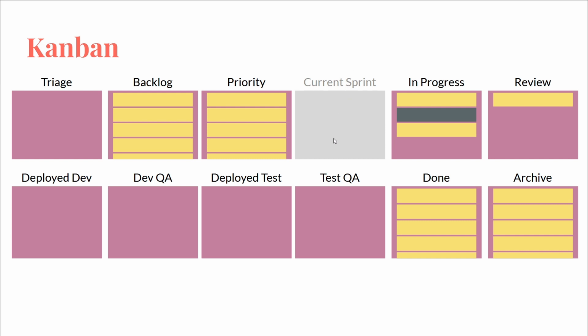The difference is you don't really have a current sprint. You have a priority, and your backlog may be the same thing, and just everything that's in priority is at the very top of the backlog. And then you have your stuff that's in progress, and you pull whatever the top thing off of priority or the top thing off of backlog into your in progress lane. Scrum is usually the approach where you're planning out all the work you're going to be doing in a specific iteration of time in a specific sprint.